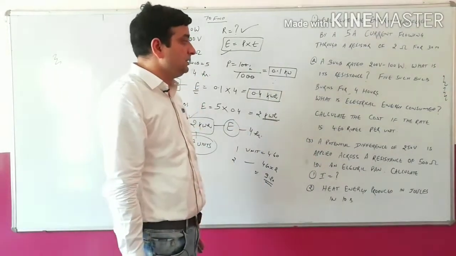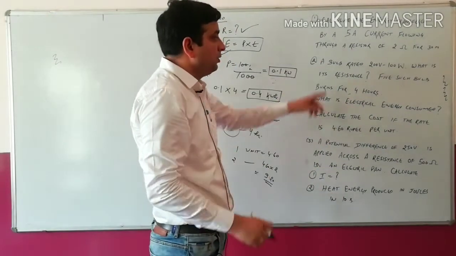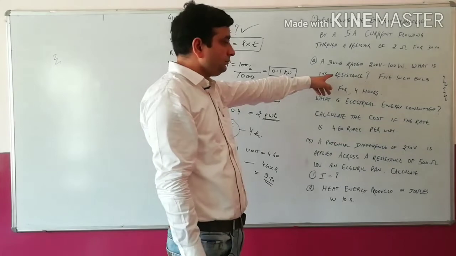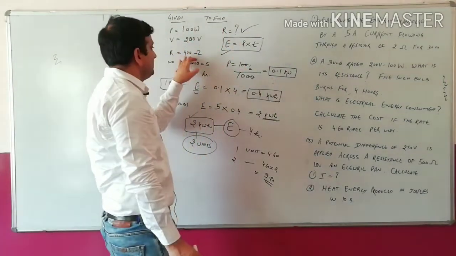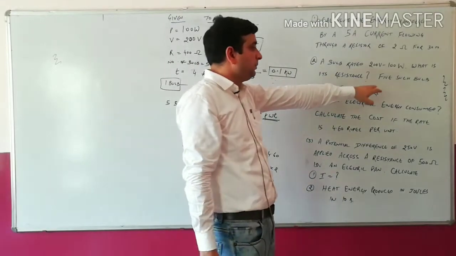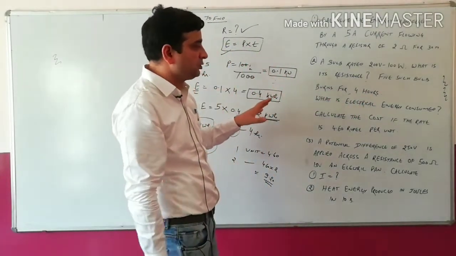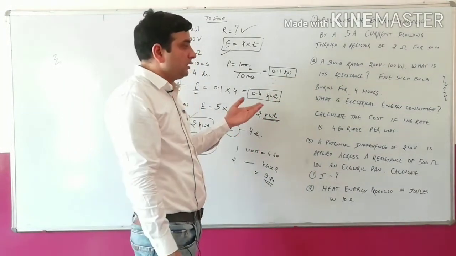So these type of numericals generally come in the board exam. So a bulb is rated 200 volt, 100 watt. What is its resistance? You have to calculate the resistance. We have already calculated the resistance. It is 400 ohm. 5 such bulbs are burned for 4 hours. कि 5 ऐसे बल्ब हैं जिसको हम 4 आवर्स के लिए यूज़ कर रहे हैं. तो हमको क्या निकालना है कि कितनी इलेक्ट्रिकल एनर्जी उसने कंज्यूम की.